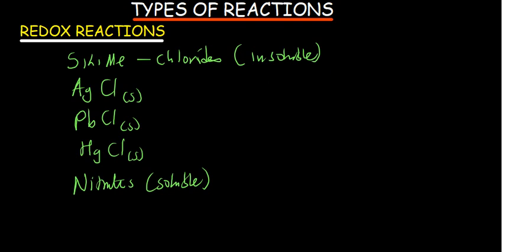Nitrates dissolve in water. And then alkali metals and ammonium compounds are soluble. So when you see an ammonium compound, this one, NH4 plus, this dissolves in water. And alkali metals, these metals which are in group 1, they also dissolve. Like potassium, these get to dissolve. Okay. So every time that you've got a group 1 element, you are going to put aqueous because they dissolve every time you've got those. And then most hydroxides